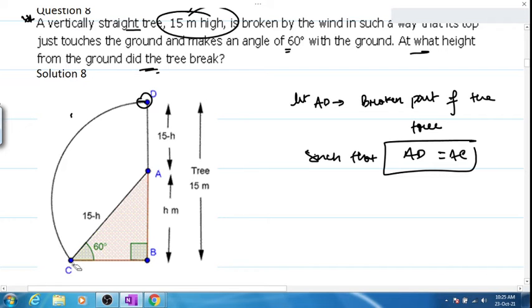Hurry up boys, try and calculate the answer for this. Hurry up, let's see who can do it. Last time we had to calculate the entire height of the tree and this distance was given, if you remember, in NCERT. This distance was given and the entire height of the tree needed to be calculated. This is the easiest one than that one. So I would expect you all to try it.